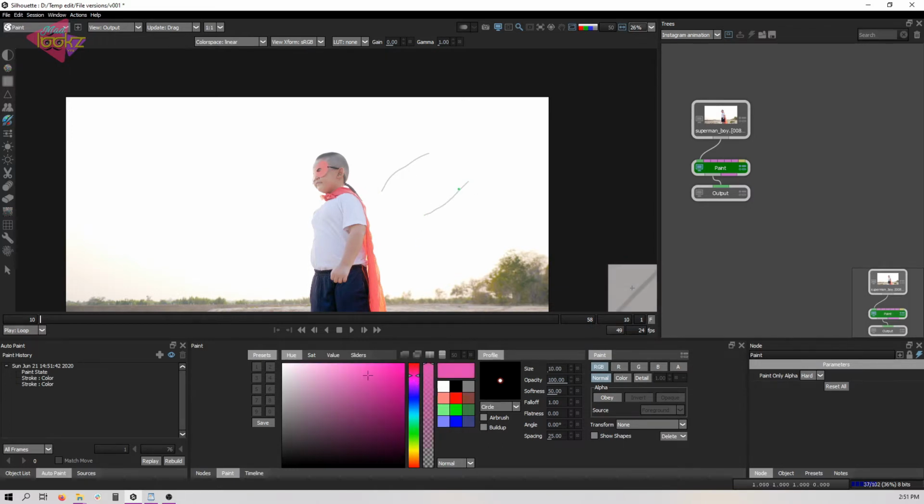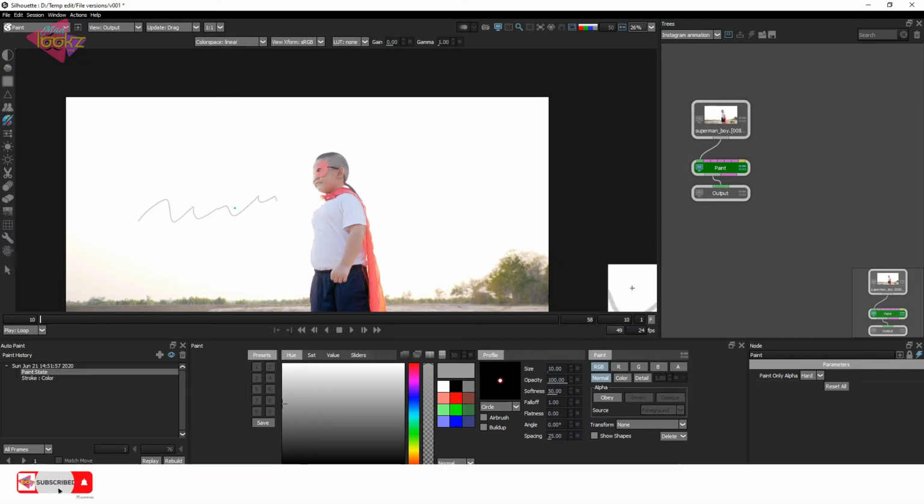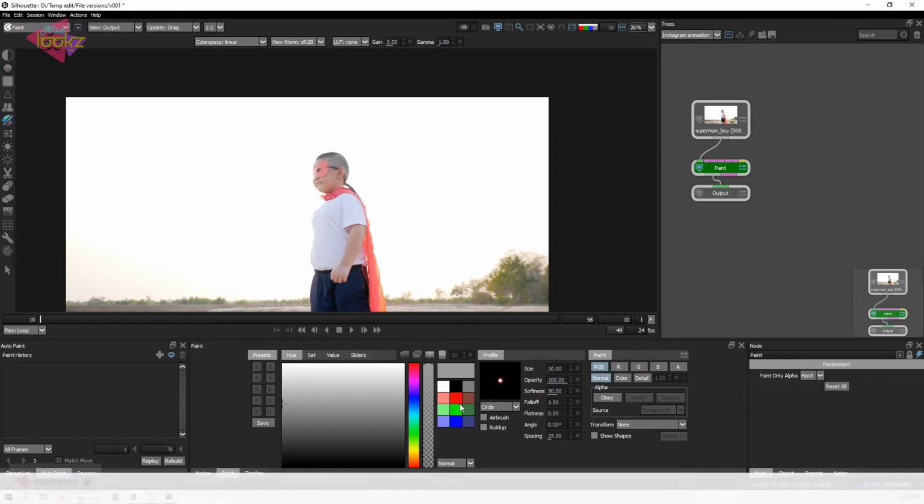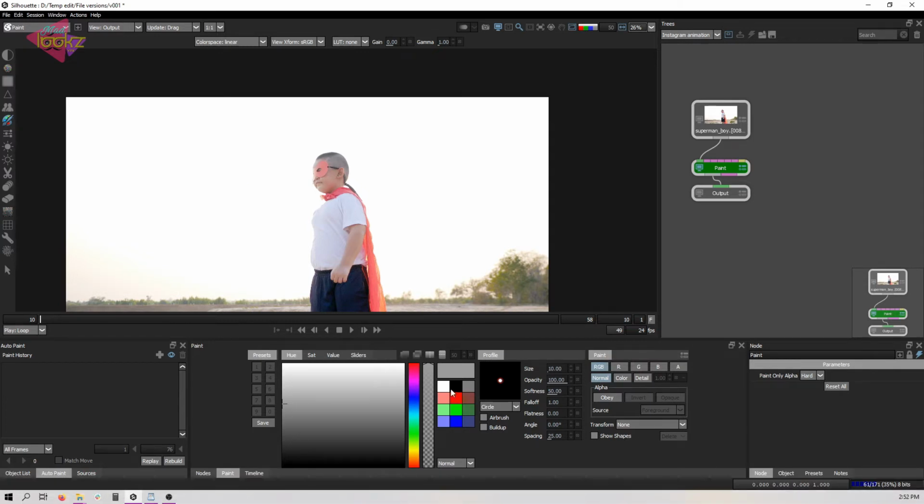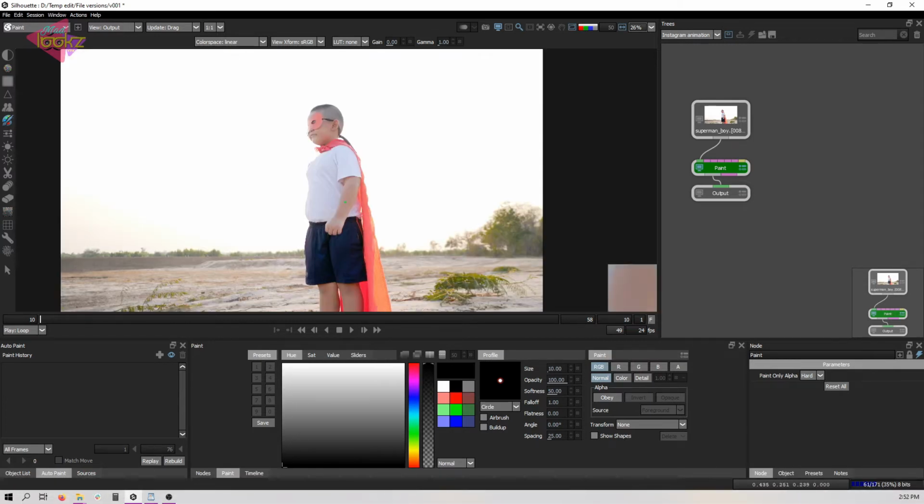We can choose any color, you can choose green and paint it. So this is an important tool while painting cartoon stuff. You can choose any color and just paint it. It can serve just like Photoshop for digital painting, but we don't have as many tools here as Photoshop, but we can do digital painting here.